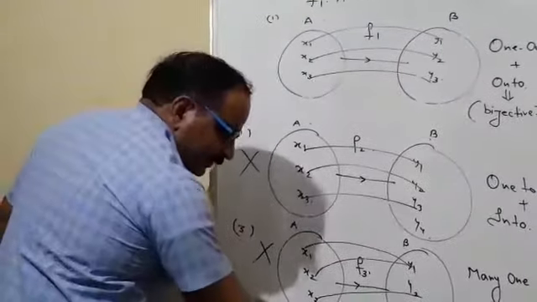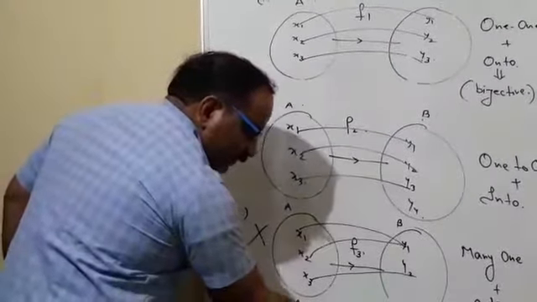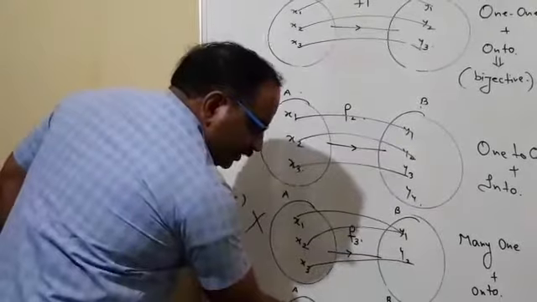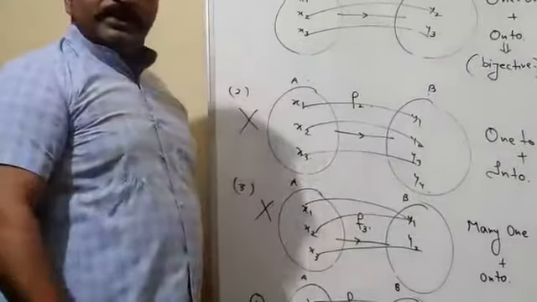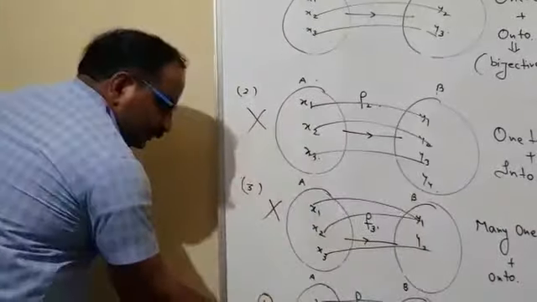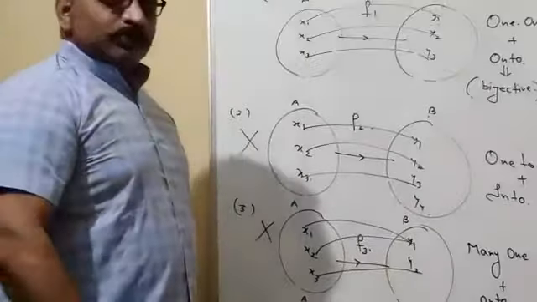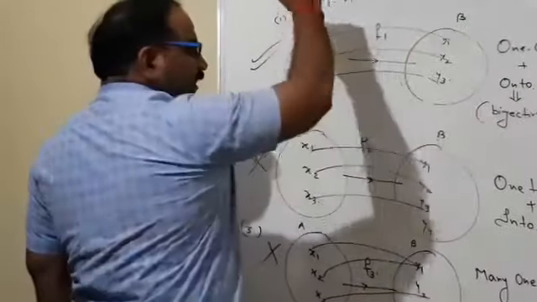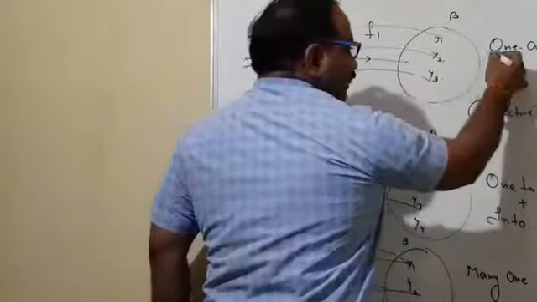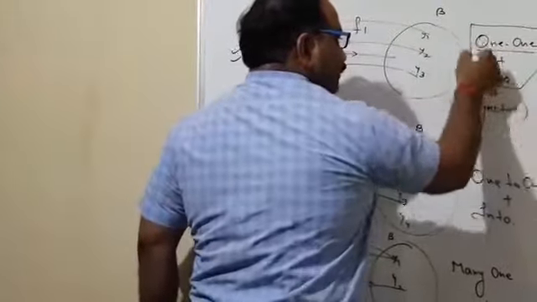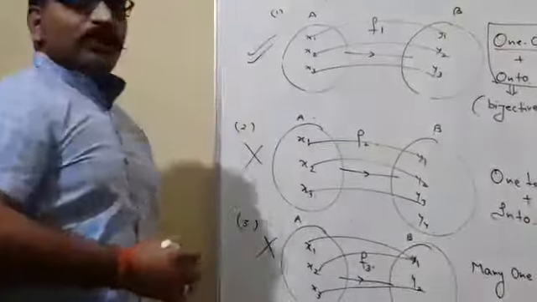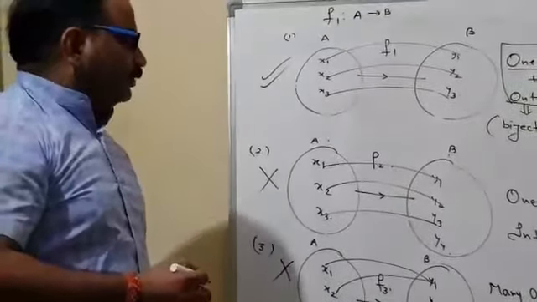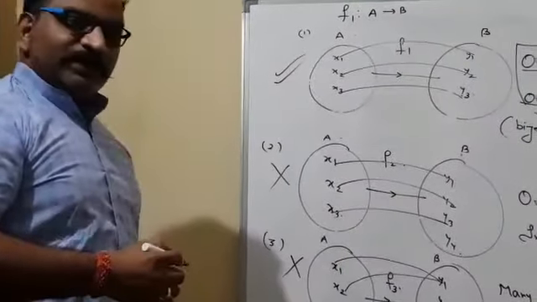In that case, I can see the same logic again. y1 has two images and y2 has no pre-image in the domain area. So that will also not give the inverse of the function. So only one condition is there, that is this one. That is the only fitting condition to get the inverse of the function. Meaning to say our function must be one-one and onto. Only then will the function be invertible.